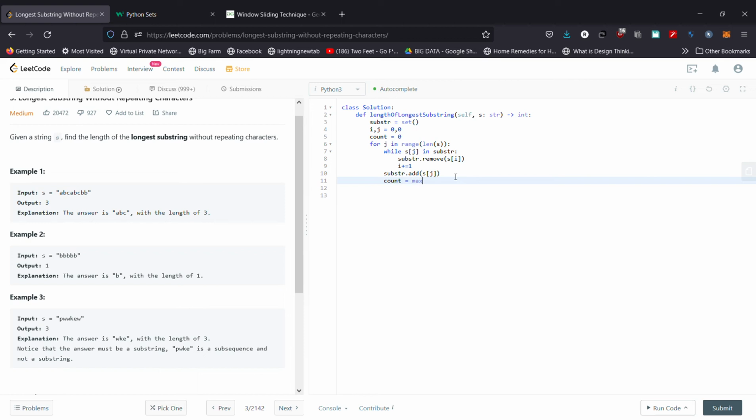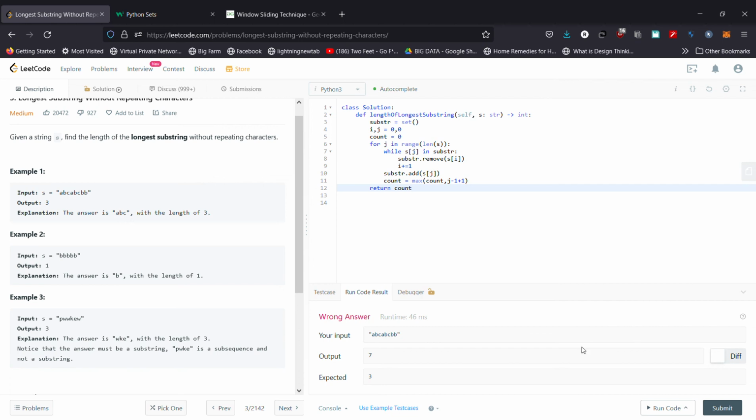Count is equal to max of count or j minus i plus 1. Finally, when all of this loop runs, we can return count and it would give us the answer. Okay, I think we wrote 1 over here. We should have written i. Yeah,